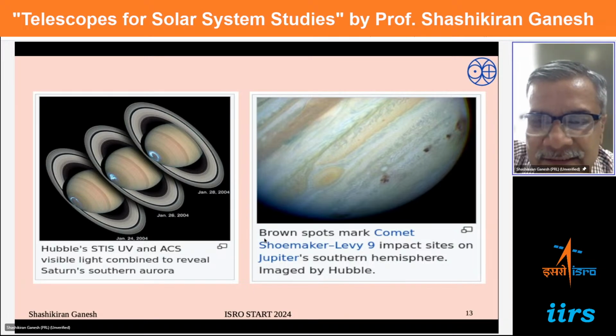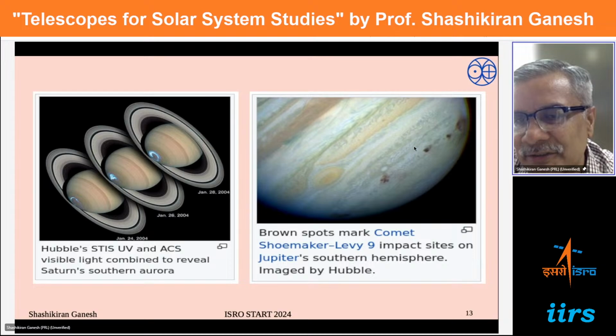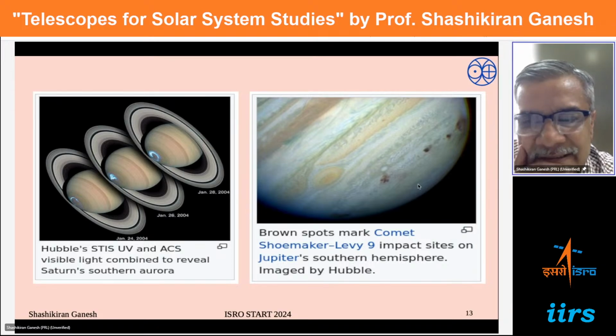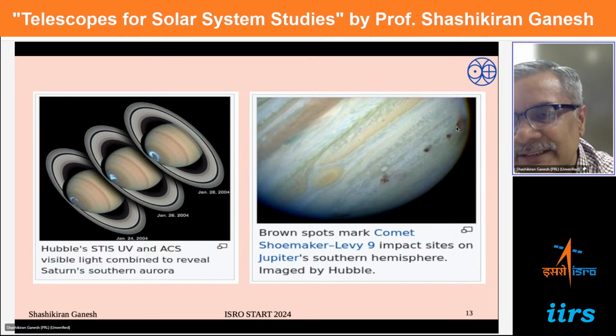Okay, and similarly, this is a very high resolution imaging of Jupiter's surface immediately after the comet Shoemaker-Levy 9 had impacted. There were 20 fragments which hit Jupiter one by one, and although they were all hitting Jupiter on the other side of Jupiter when they hit the planet, when the field rotated into the field of view of Earth, that is when these images were recorded. So they are several hours after the first impact, but still you can see very well how this